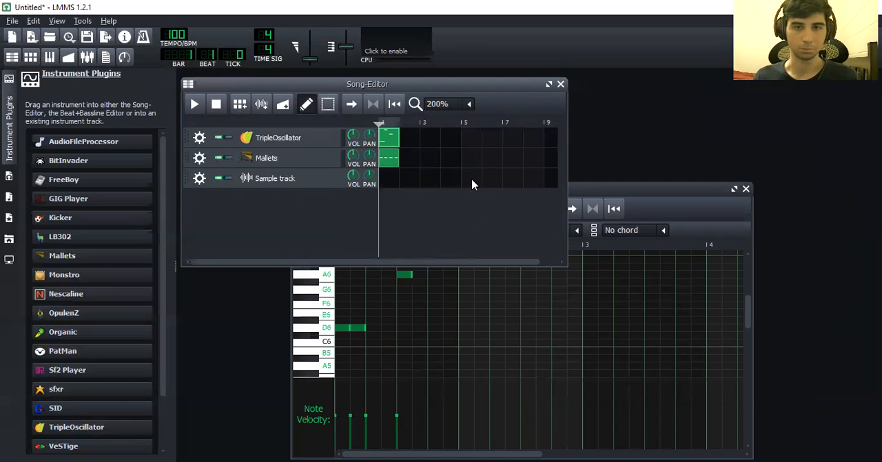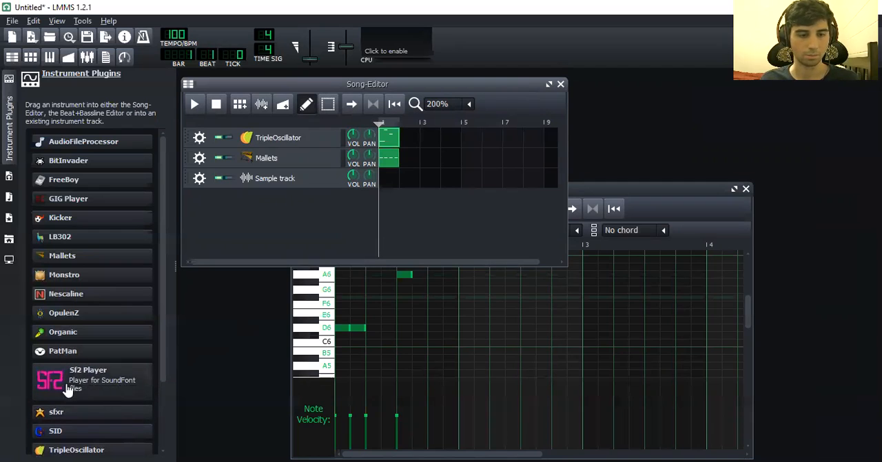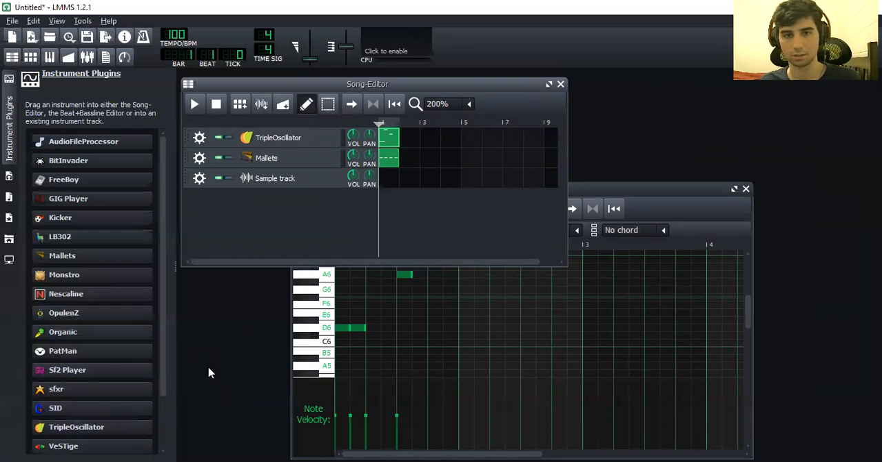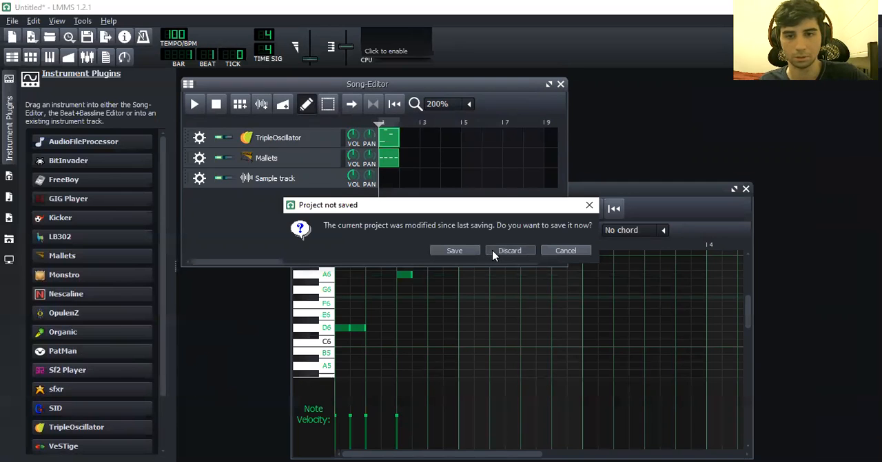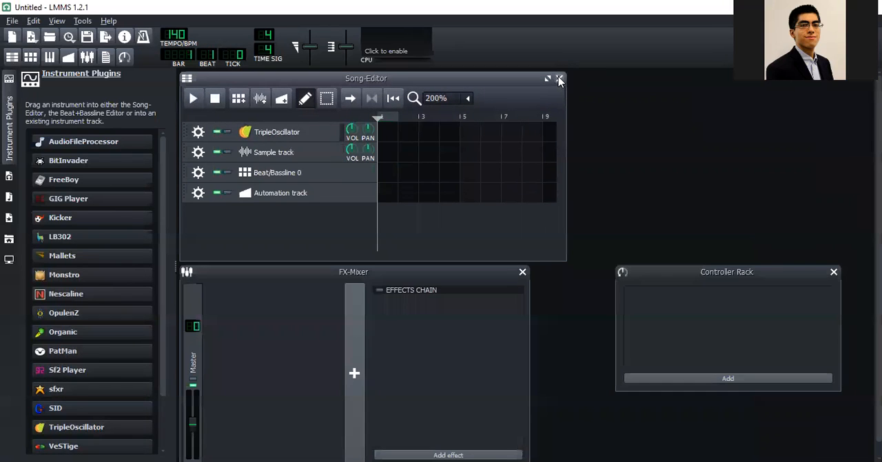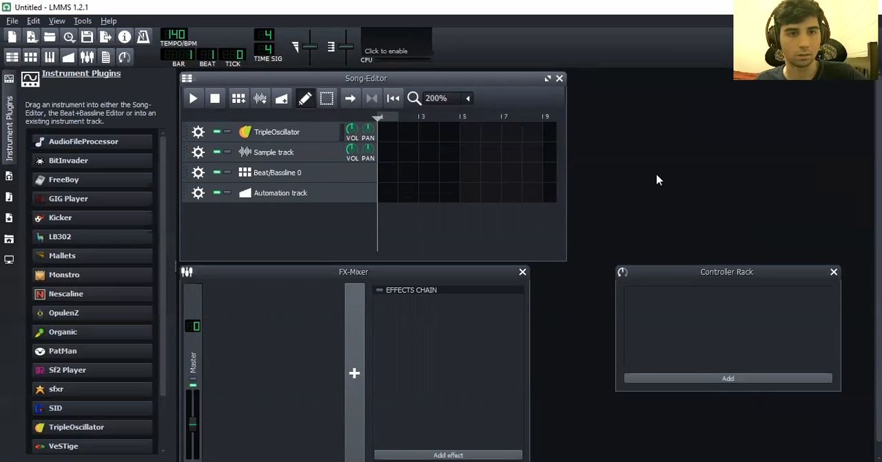So for the most part, that's how you do almost everything in LMMS, except the sound font you guys downloaded. But I'll go into that in this second part. You want to mention presets? You can mention presets because